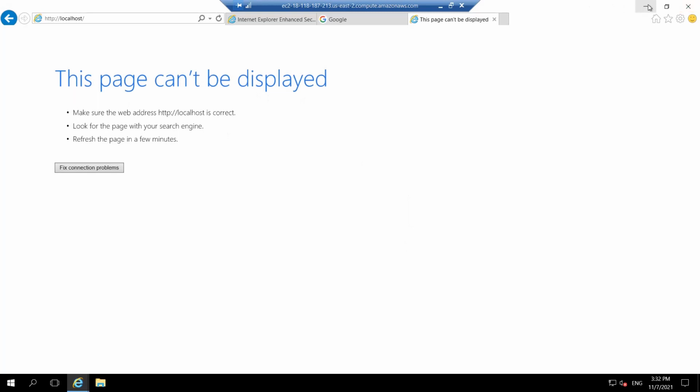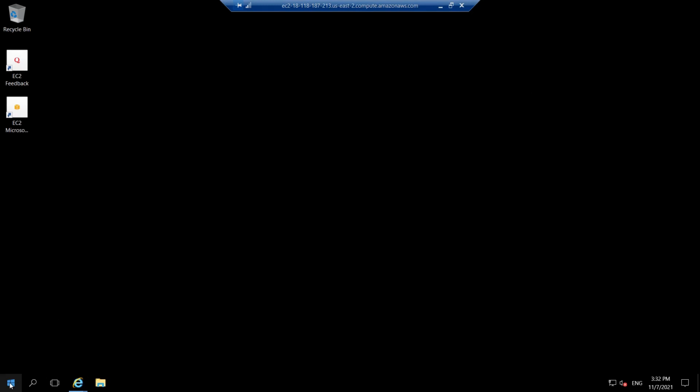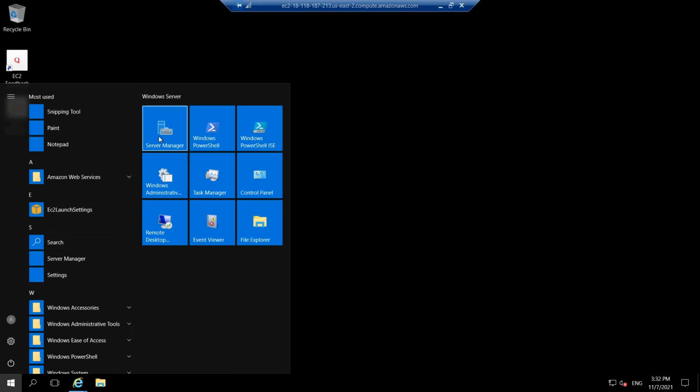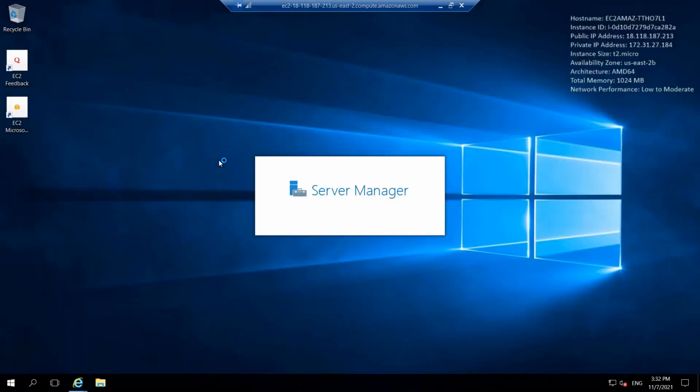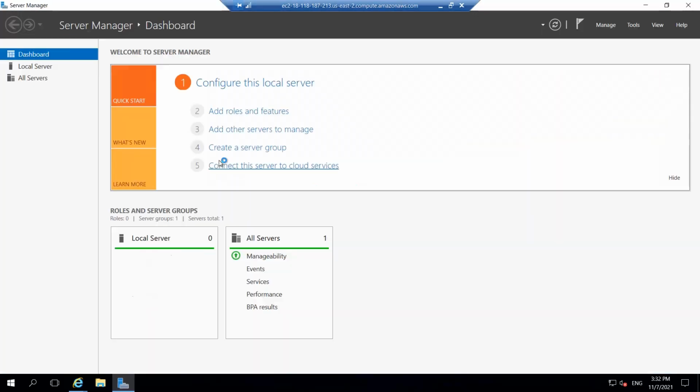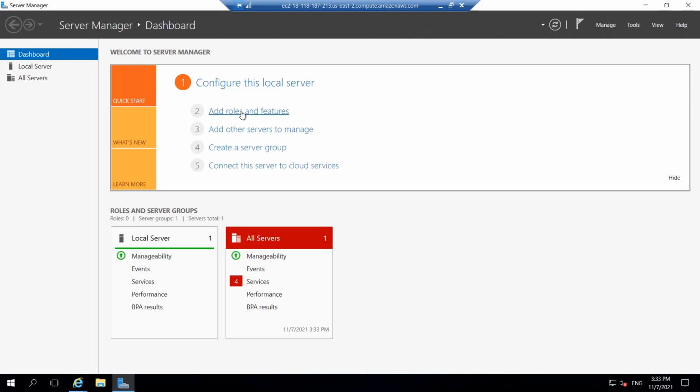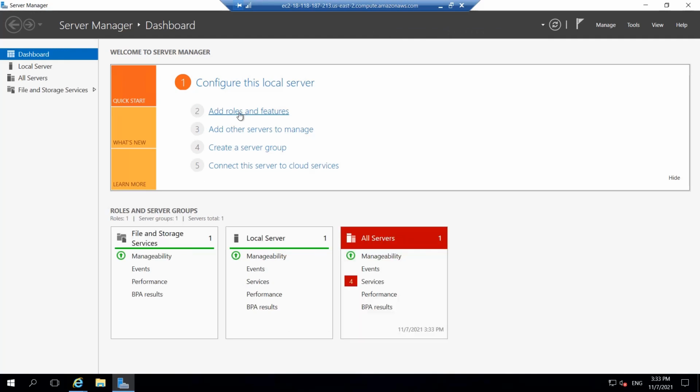Now I will be going ahead and launching the IIS web server. So go to Server Manager, and you'll find the option to enable the IIS web server over there. This particular screen takes some time, so we can wait for it. When this blue line goes off, we can say that yeah, it's stable. Then you just have to click on next when you want to install. I will be showing you that.